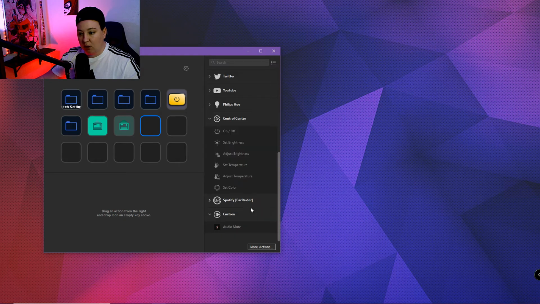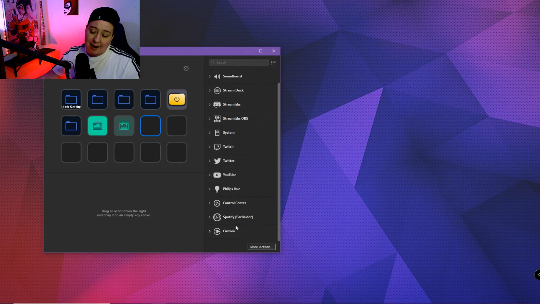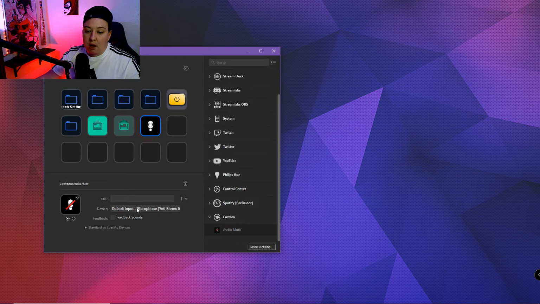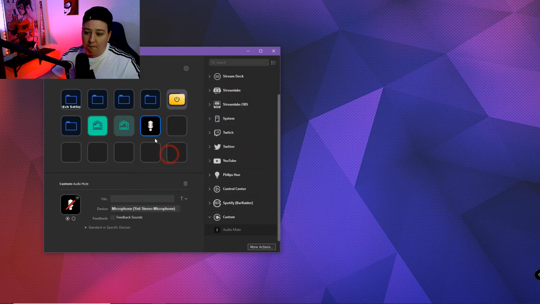And the next thing we're going to add, now this is not going to be in your control or in this little area right here. You're going to have to download this. I will put the link in the description down below for you guys if you want to have this in your thing. This is going to be a mic mute. Now, for me, I want mine to always pick my Yeti. And this is always going to mute my Yeti. Okay, so if I push this button,